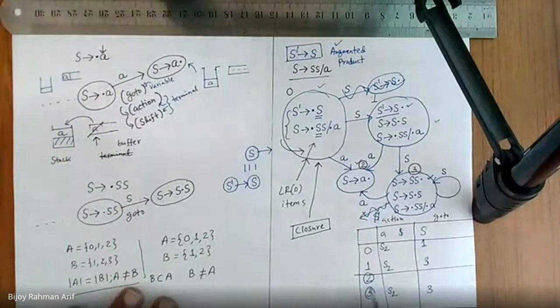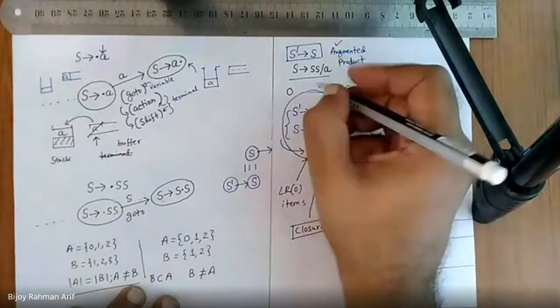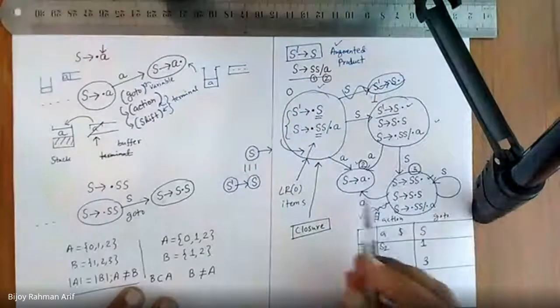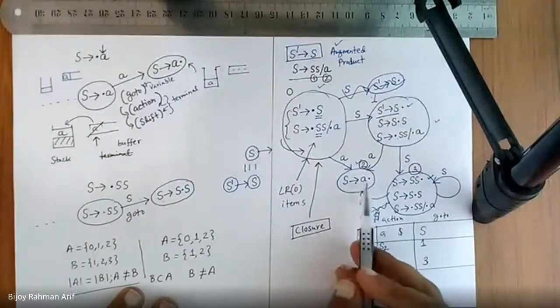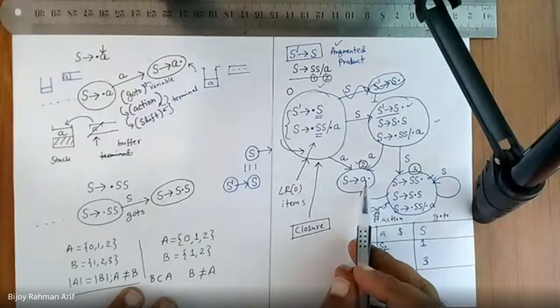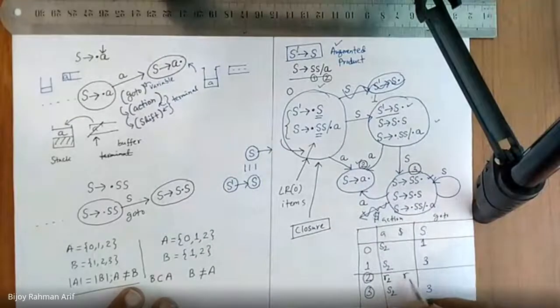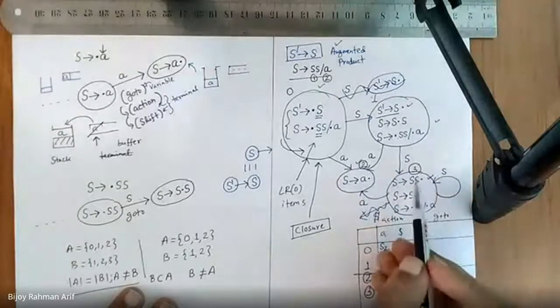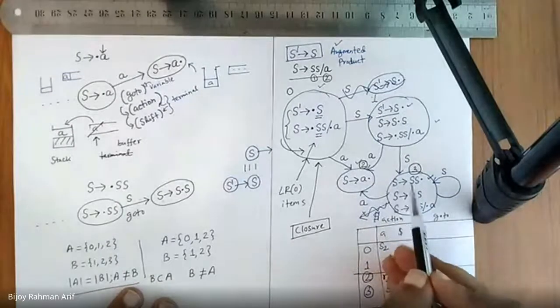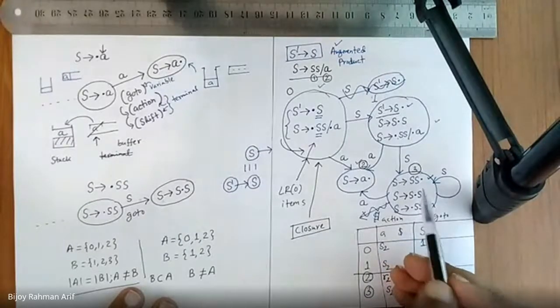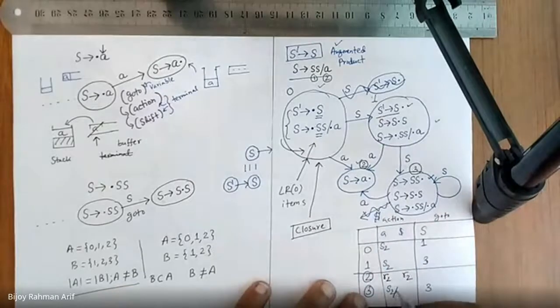So for state 2, which rule am I going to use? Let's say this is rule number 1, this is rule number 2. So for this one, I'm going to use rule number 2, so I'm going to write rule number 2 across the entire action part. Now let's go to 3. 3 has a final item, S dash S double dash double S. So which rule is this? Rule number 1.